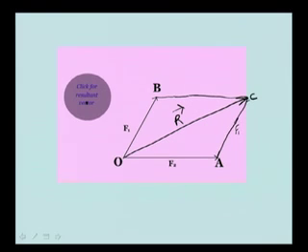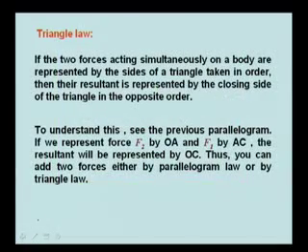This R is basically represented by the third side, but if we move in a cyclic manner, then this is OA, OC, the third side should be CO like this, but this force is of course in the opposite direction. So, therefore, it is written that if two forces acting simultaneously on a body are represented by the sides of a triangle taken in order, then their resultant is represented by the closing side of the triangle